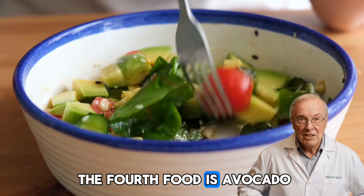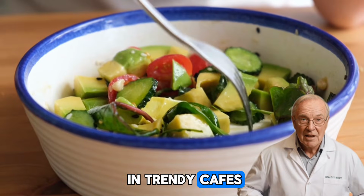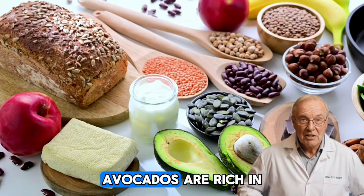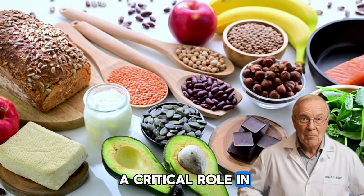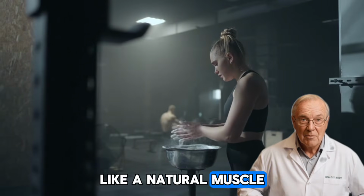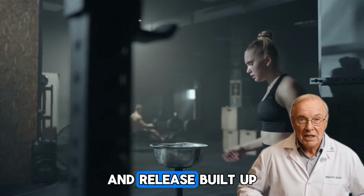The fourth food is avocado. Yes, the same avocado you see on toast in trendy cafes, but here's why it's a gut doctor's secret weapon. Avocados are rich in magnesium and healthy fats, both of which play a critical role in moving waste through your intestines. Magnesium works like a natural muscle relaxer for your digestive tract, allowing your colon to contract and release built-up